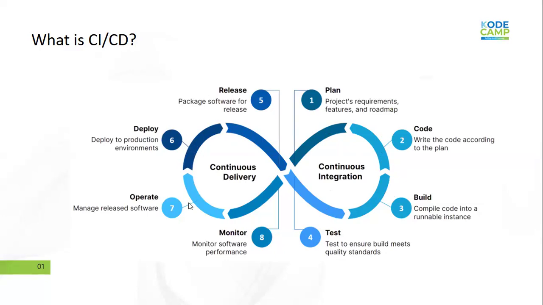After deploying, you operate. While you're operating, this is where the users will have interactions with the software. Once the users have interaction with the software, that's where you now monitor. Once you monitor, you see that there are certain things that are going wrong. That's where you now go back to the code and adjust. This is where you now have a different version.